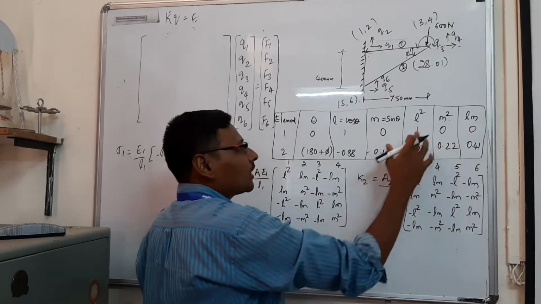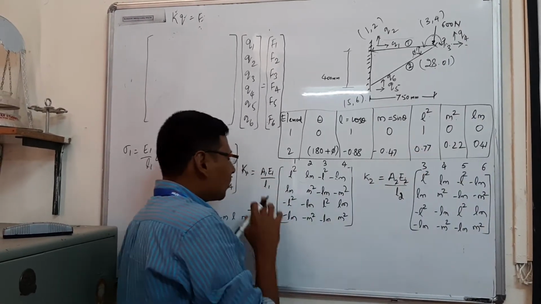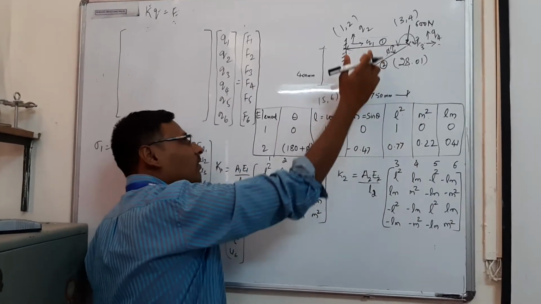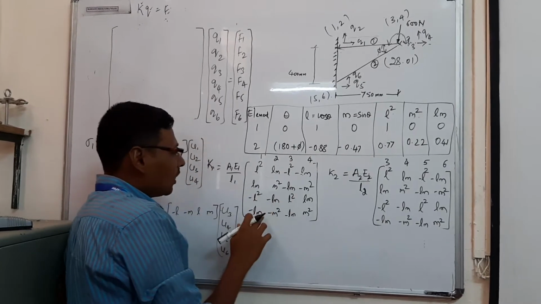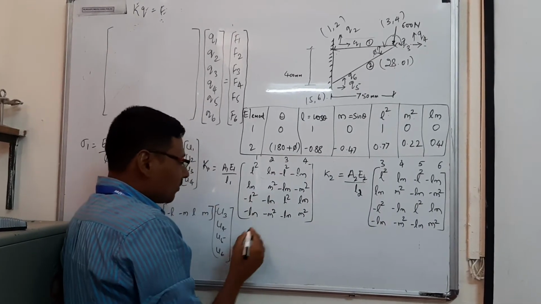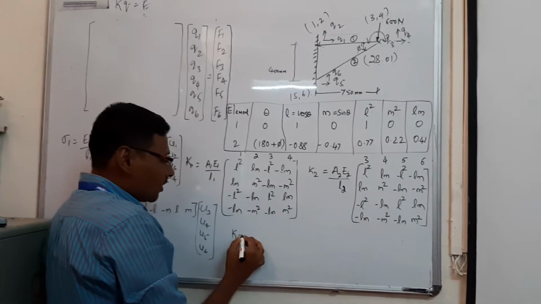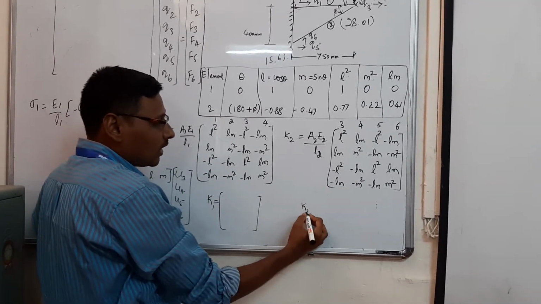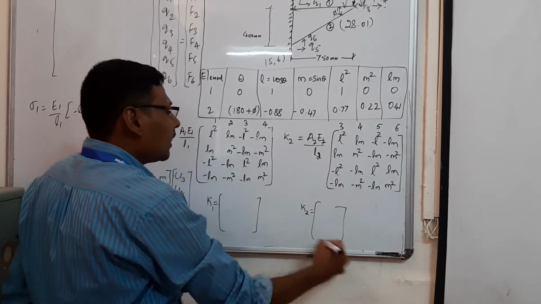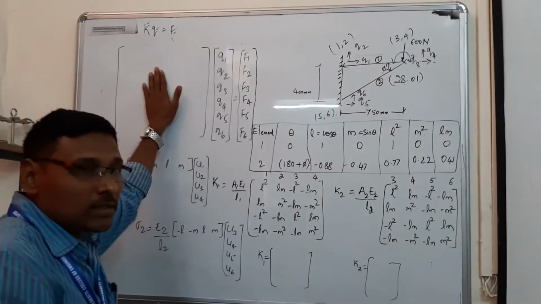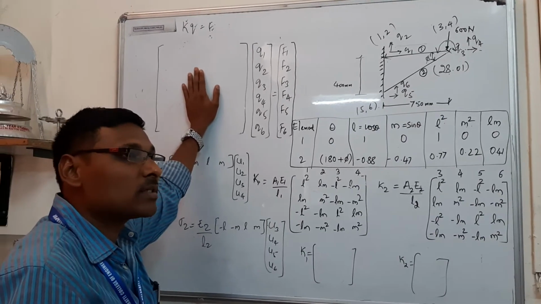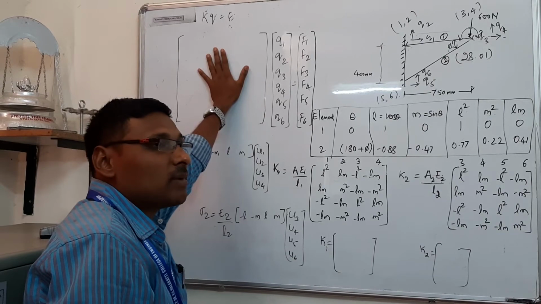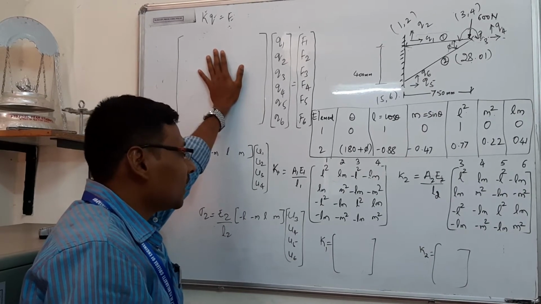All these values of l square, m square and lm are going to be put into the stiffness matrix equation for element 1 as well as element 2. If you put them in, you will get the matrix with the respective values. This is the K1 value and this will become K2. Now let me calculate the global stiffness matrix. Already in the previous class we have studied how to frame the global stiffness matrix with respect to each element.